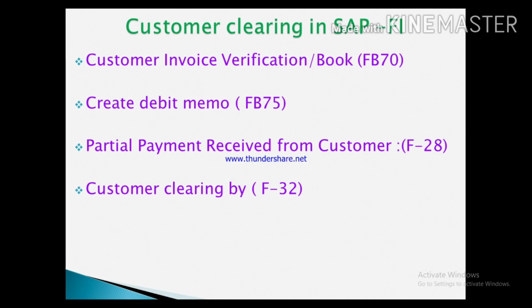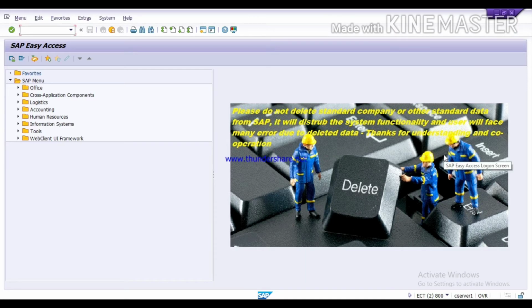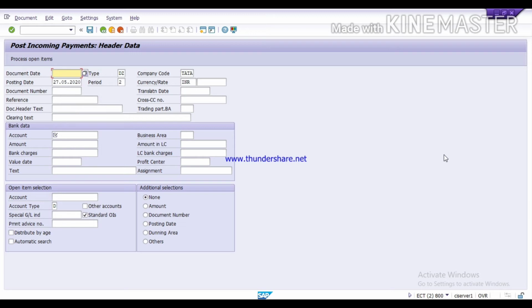Now next step is partial payment received from the customer with the T code F-28. Run the T code F-28 to receive payment, or incoming payment. Select the document date 27th May. Posting date is 27th. Document type is DZ for incoming payment. Company code is Tata.